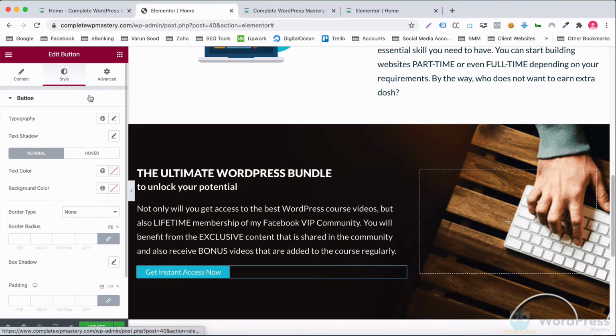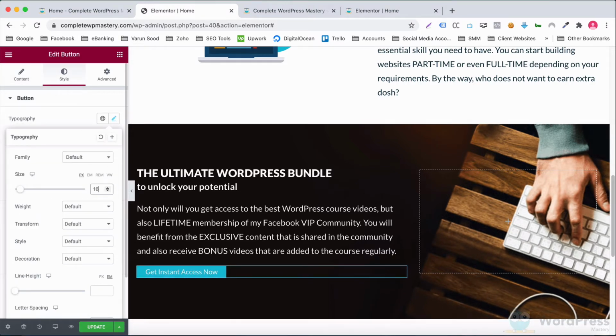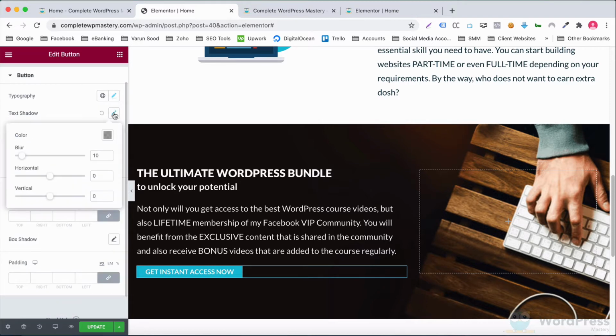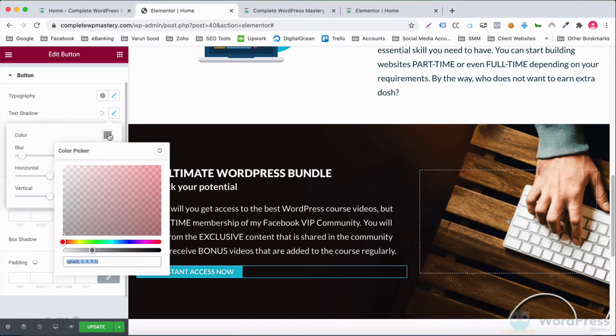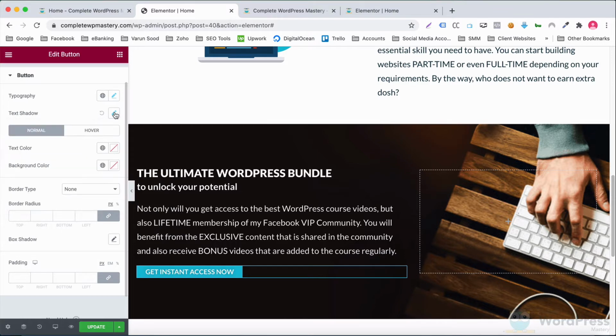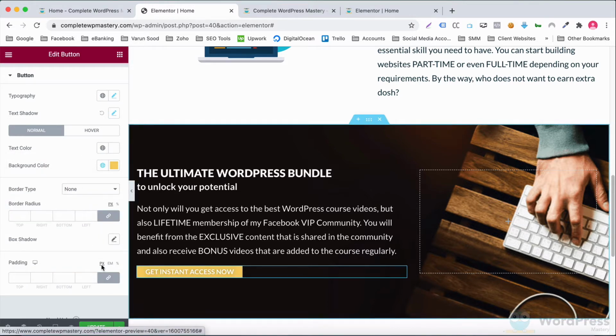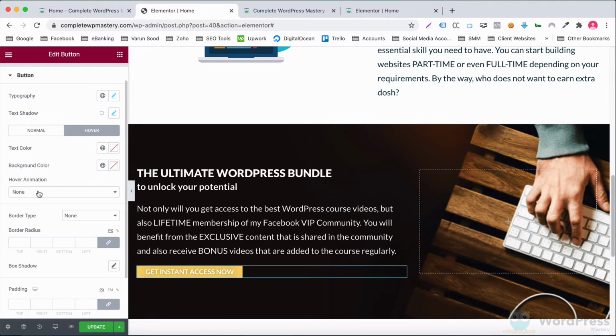Let's adjust the typography settings for the button. Have some text shadow and change the background color to yellow. Hover animation would be float.